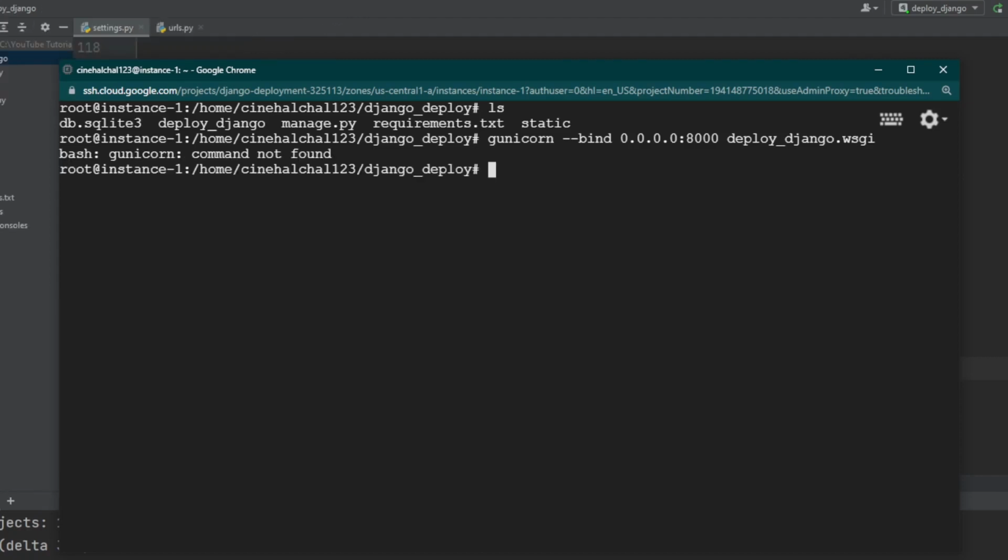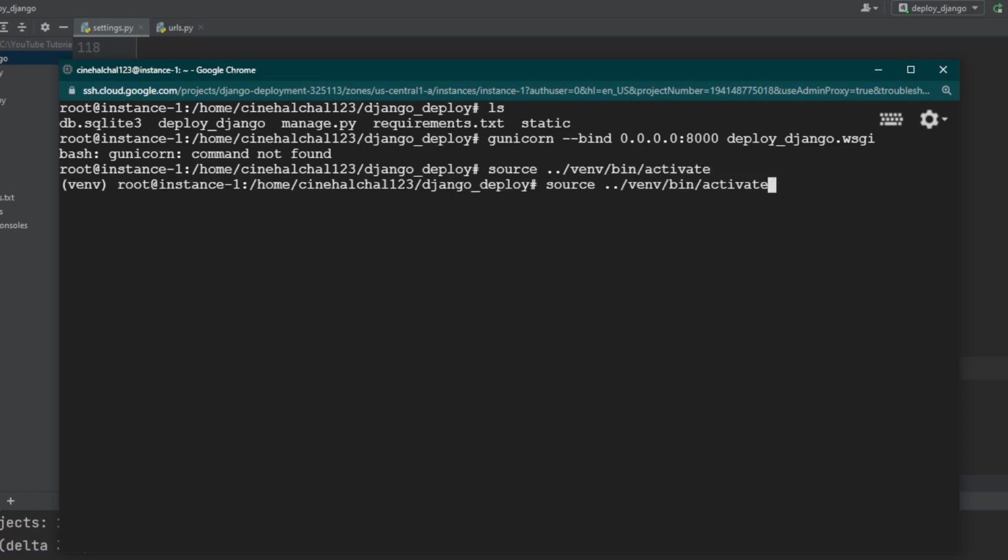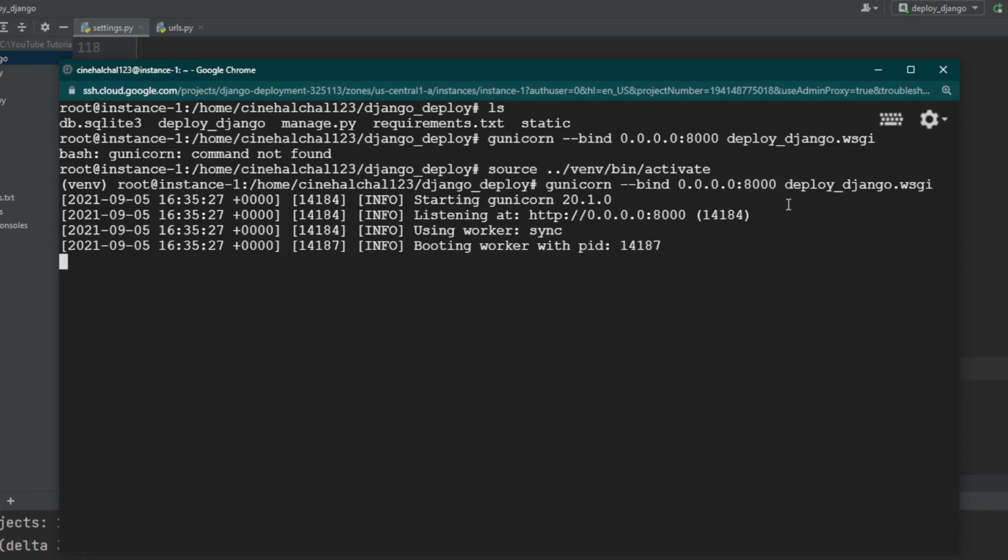Sorry, I have to activate the environment. It has been deactivated, so I'll activate it again. Okay, let's go back to our server and see if Gunicorn can start our server.